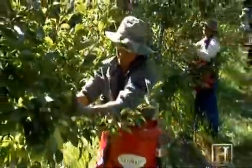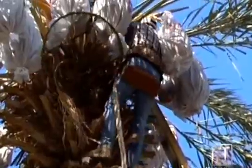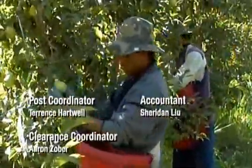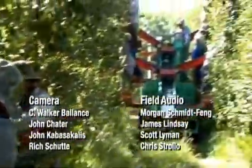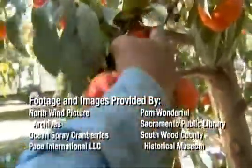Labor is the most important factor in this business. When you look at the fragility or the nature of the fruit, this is not something that is conducive to mechanical harvesting. We rely very heavily on a labor force that's skilled to discern fruit quality on the tree, and there's really no other way to go about doing that. Surely our machines will become more sophisticated and sensitive, and a declining labor force will spur that mechanical innovation. But only time will tell if the machine will ever match the human hand's ability to delicately pluck at unblemished